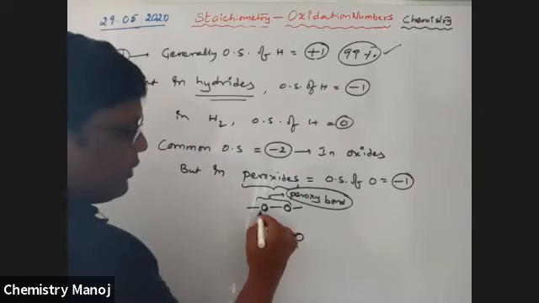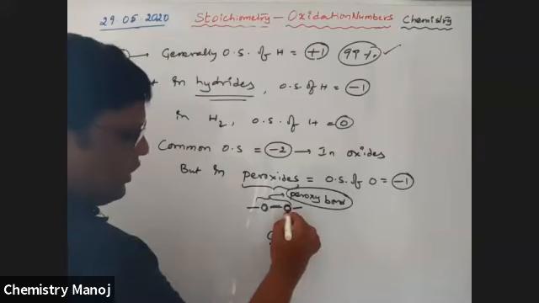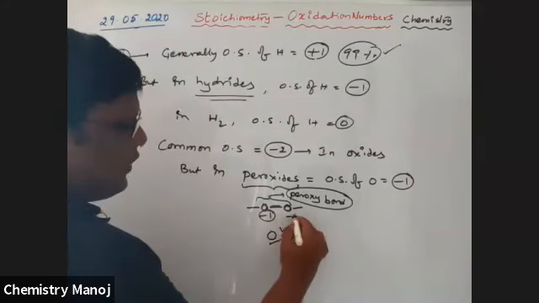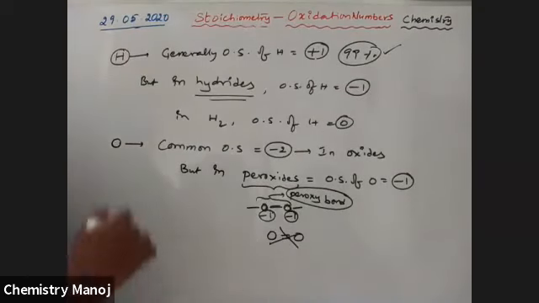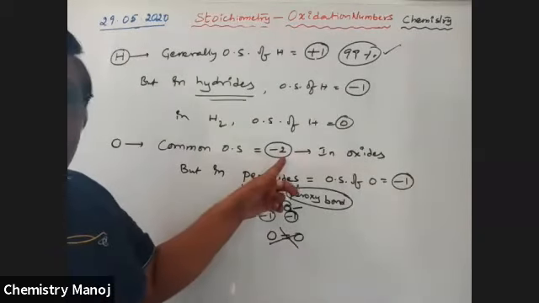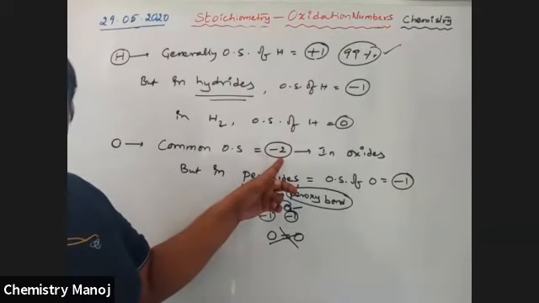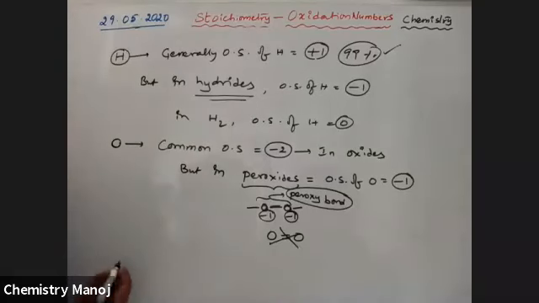In a peroxy bond, in this situation only, oxygen is in the -1 oxidation state. Both the oxygens are in the -1 oxidation state. In other oxygen cases, it is -2. For example,